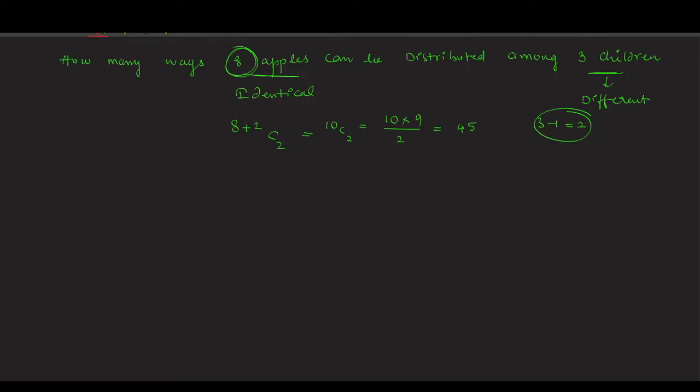Right? So if you know that rule, how we derive, it's very simple to remember the formula also. Okay, if you want to distribute into three different boxes, you have to take two separation symbols, which gives you C2, and that separation symbol should be added to how many objects are there, 8 objects, 8 plus 2 C2. For example, I'll ask a different question now.